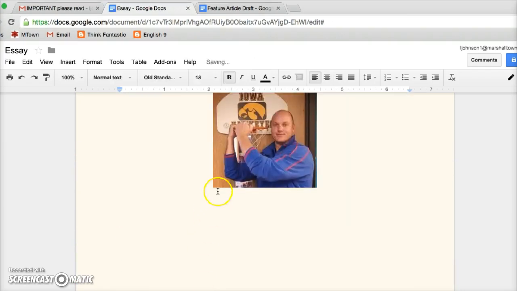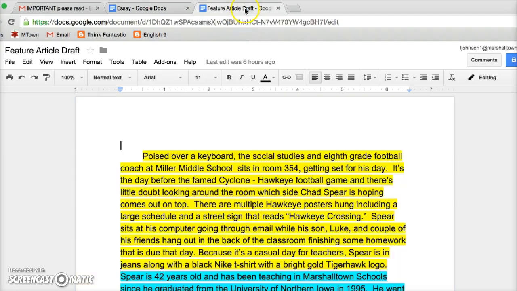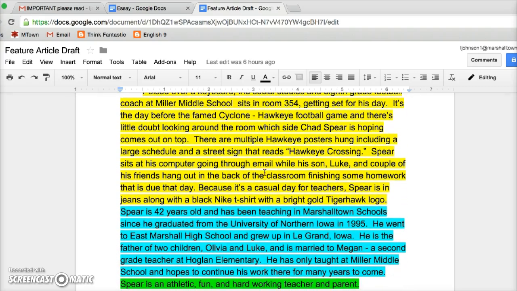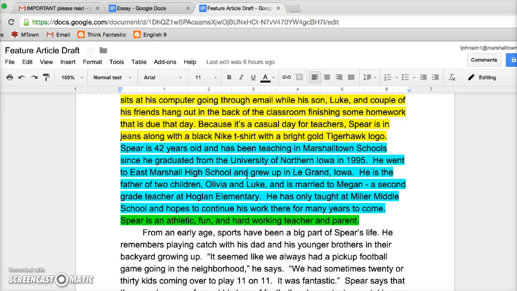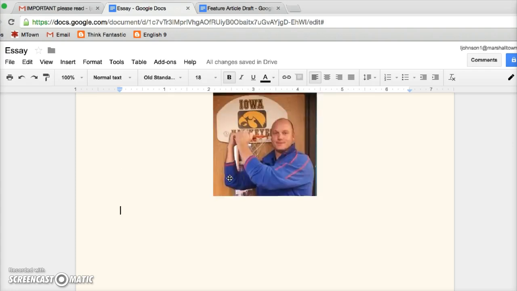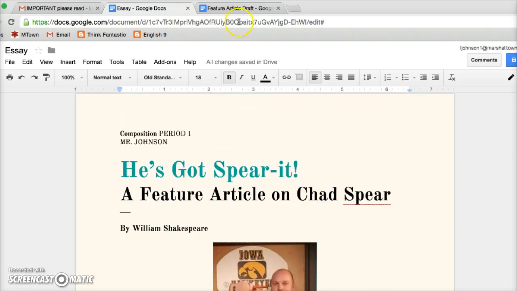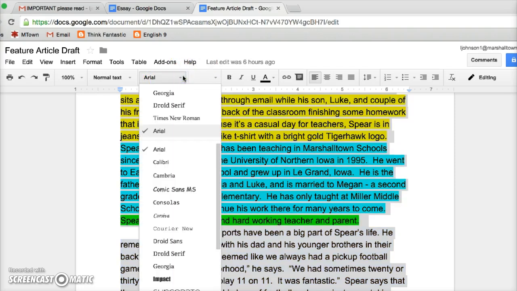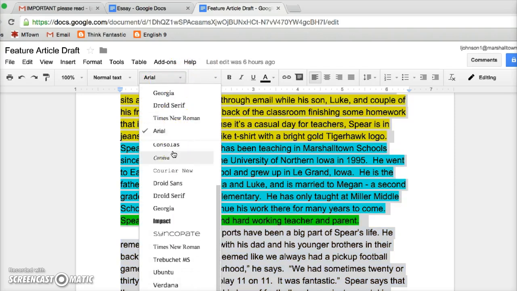So I've deleted that. And then I can go back to my feature article draft, and I'm going to copy and paste this in here. Now, many of you, like me, have a lot of highlighting. A lot of people change the fonts, things like that. We want it to be consistent with our fonts right here. And so the font that I'm going to have you change it to, I'll do a Control A to highlight everything. I'm going to change it from Arial